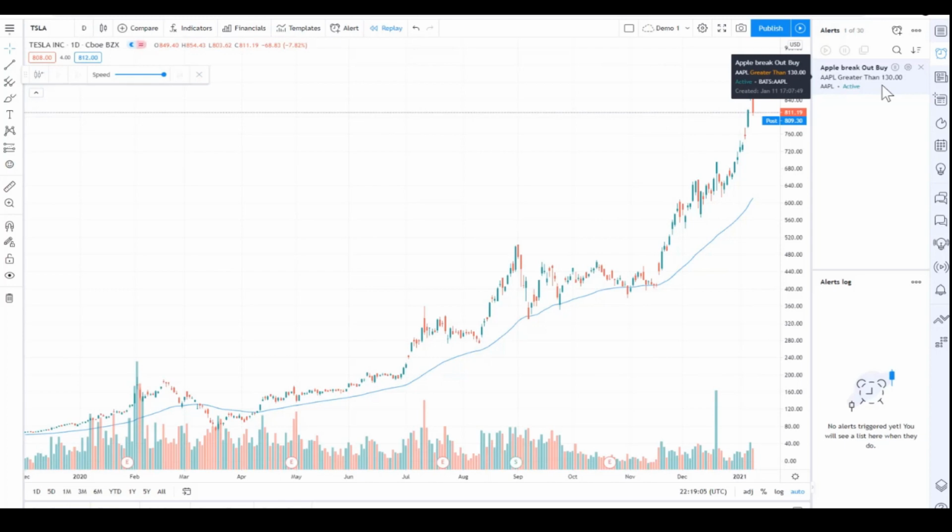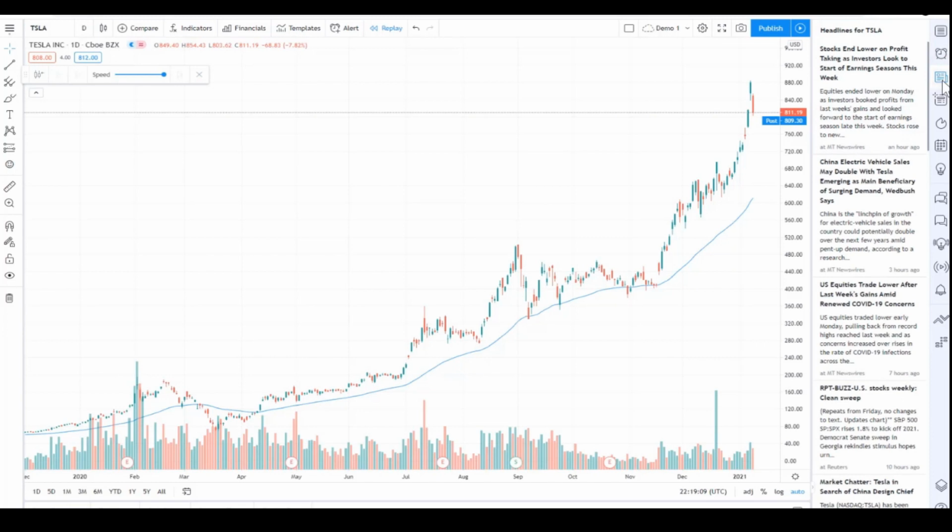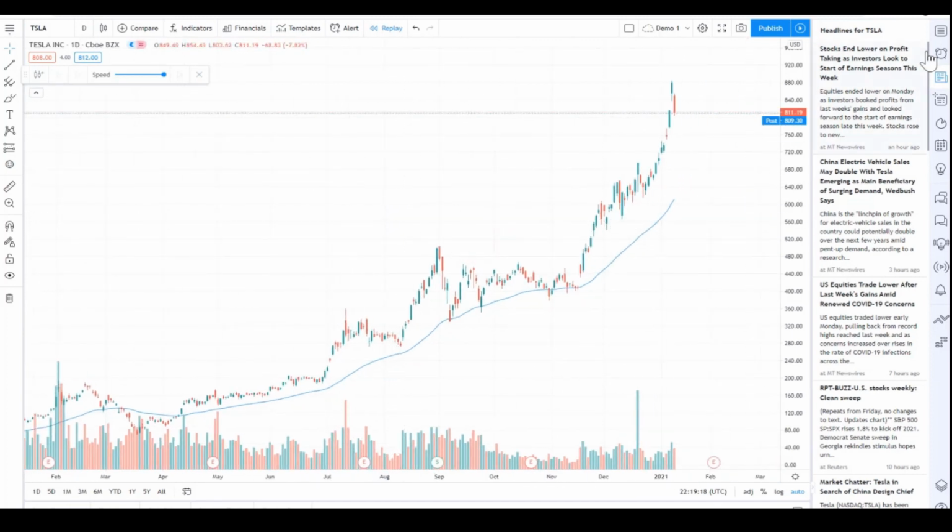This is the news section. If I'm doing an analysis on Tesla, I would like to know what the latest updates are, what is the market news around it. So this is the section from where you can get all that information. You can see all the headlines related to Tesla. Before I take any trade, I at least give a quick glance because I want to know what the current market events are that can affect my trade. This is a data window.